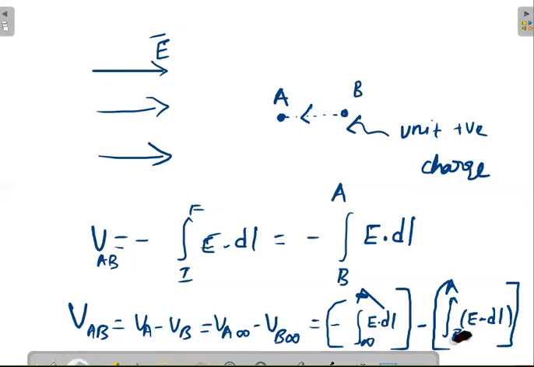Not from infinite, because we have taken the absolute potential. This is from infinite to B. Okay, this is like infinite to my point B. Both are okay. You can do by any method. This method is also okay, or this also you can do. Both will give you the same answer.